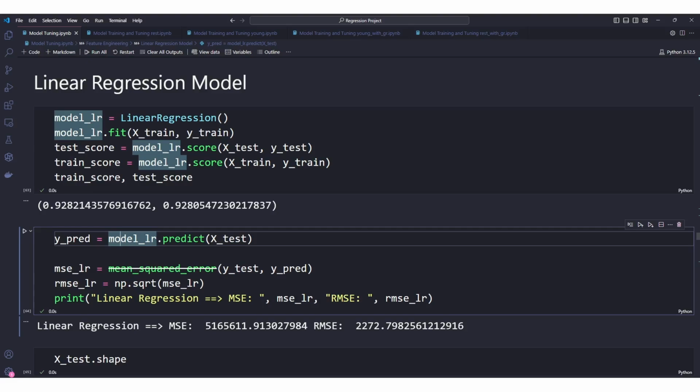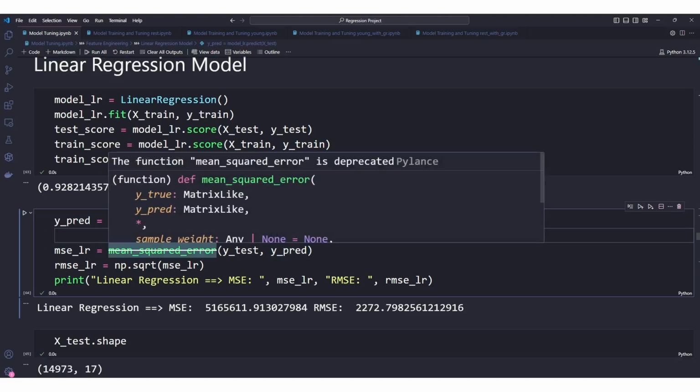Okay, so we are actually calculating the prediction based on our linear regression model, and we are saving it inside this y_pred, and after that we are calculating mean squared error. So at the moment you see the mean squared error function, this is actually coming from the sklearn.metrics library,